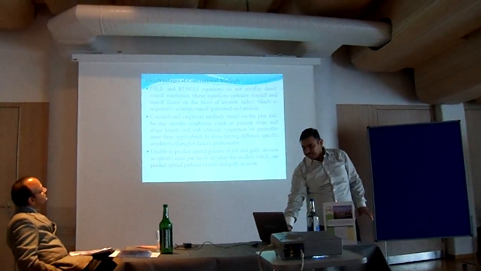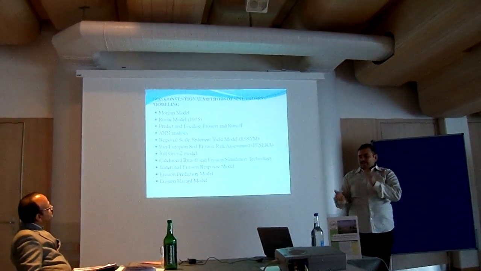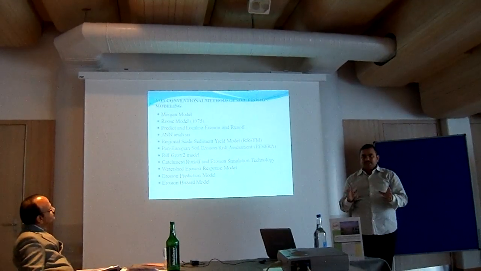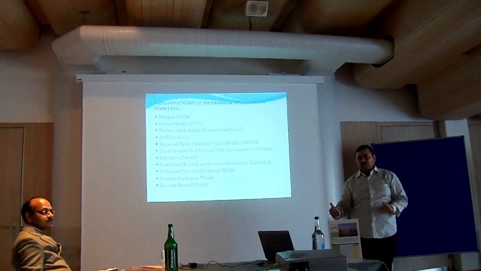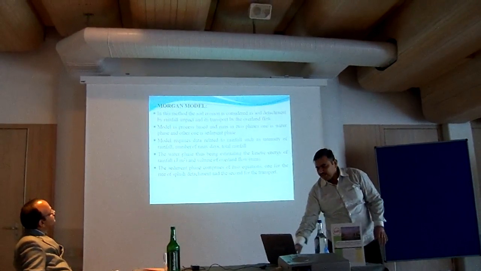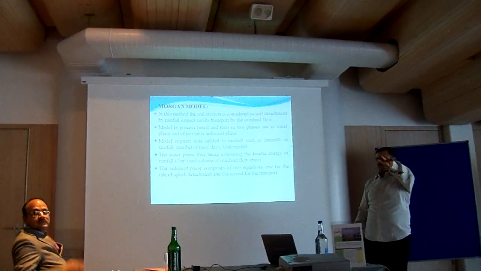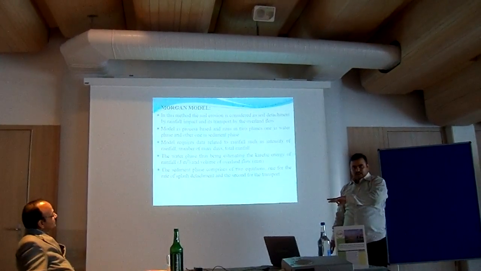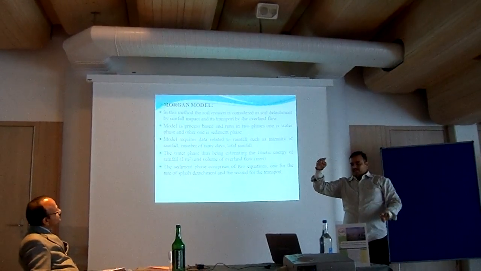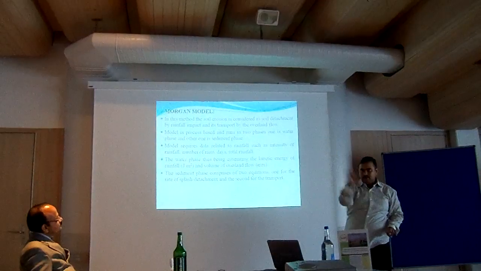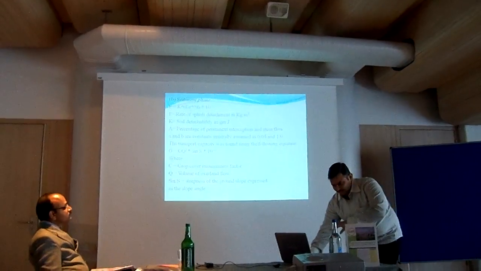Now, whatever the drawbacks of these equations, researchers have studied them, and different researchers across the world have developed some mechanisms so that they can have a better model for the prediction of soil erosion. Number one, the Morgan model. It essentially has two phases: water phase and sediment phase. Water phase deals with the estimation of kinetic energy due to the rainfall and estimation of runoff, and sediment phase has the estimation of sediment detachment due to the impact of rainfall and estimation of sediment generation due to the runoff flow. I will not go into detail in these equations.